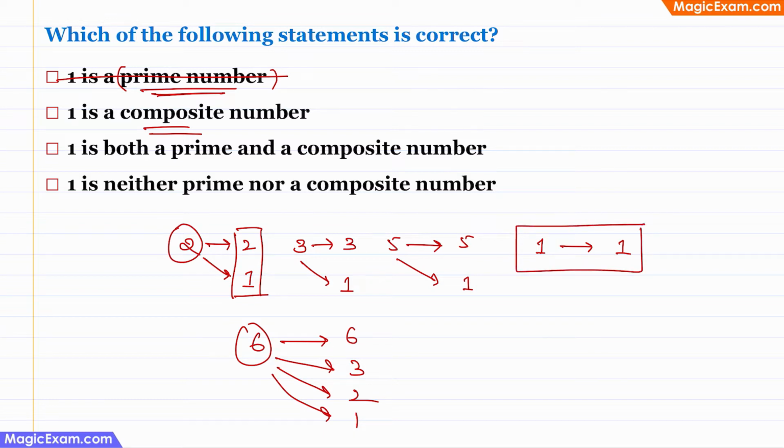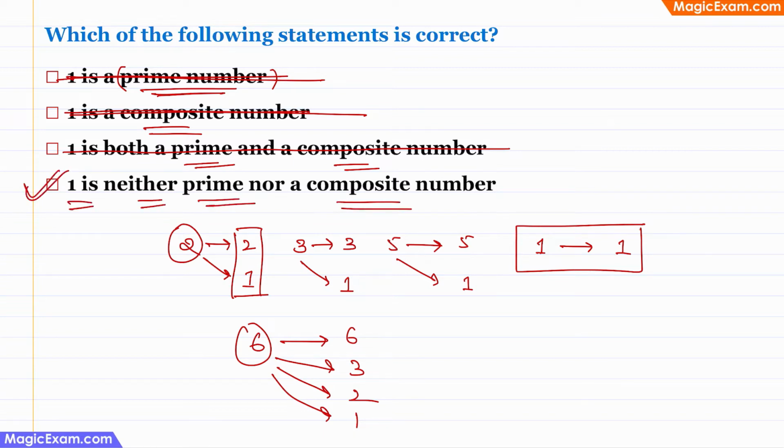Therefore, 1 is not a composite number. And 1 is both a prime and a composite number. If 1 is not a prime number and 1 is not a composite number, then 1 cannot be both a prime or composite number. Therefore, the only correct answer is option 4, which is 1 is neither a prime number